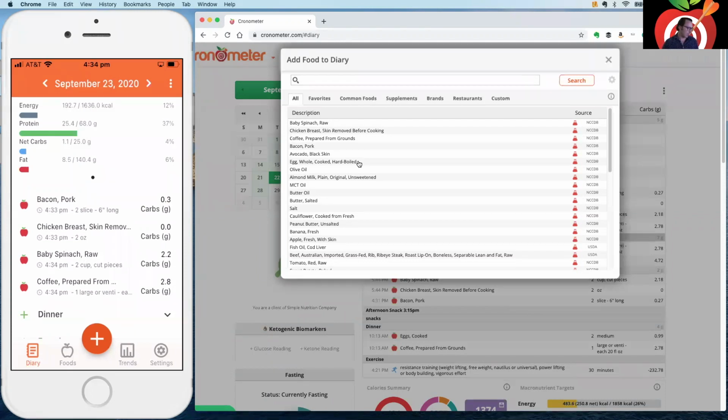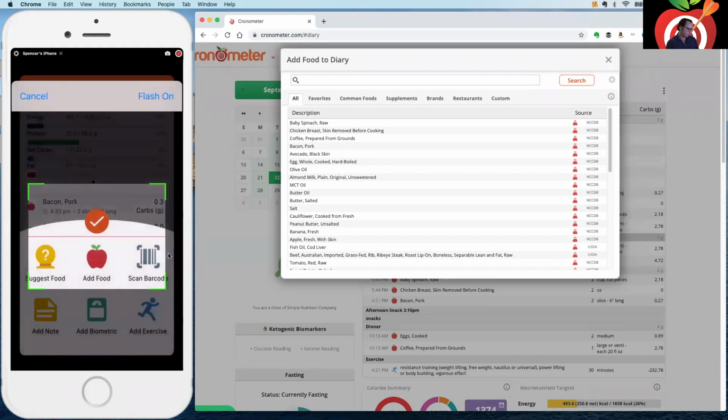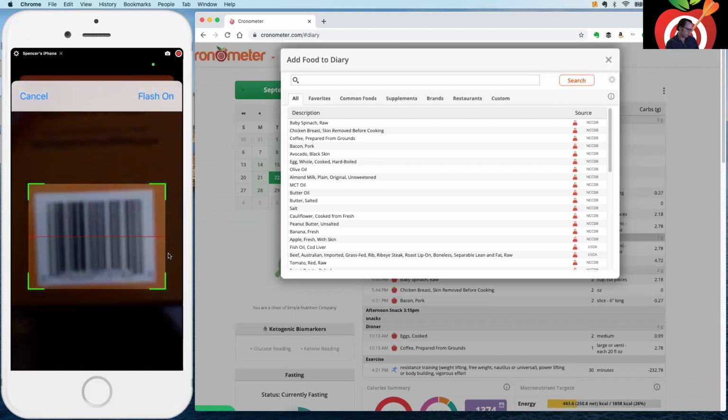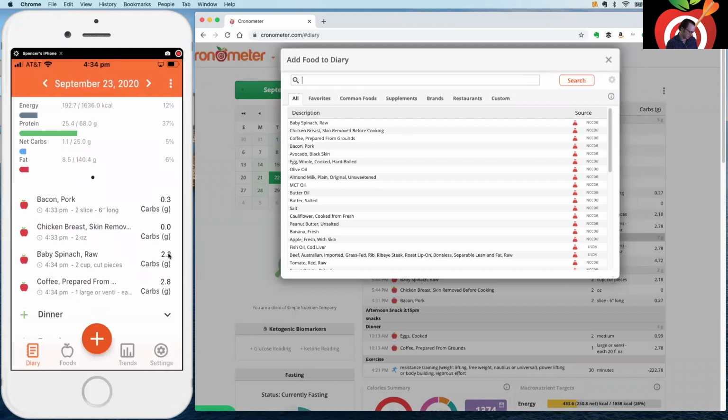Also on the mobile app, I want to show you guys our barcode scanner. So I wonder if this is going to work. We're going to see. So we have a barcode scanner right here. So I'm going to go ahead and tap that. Okay. So now I'm going to scan this barcode. This is a box of pens. Oh, actually, I had created the food. Damn. So hang on a sec, guys. I'm just going to